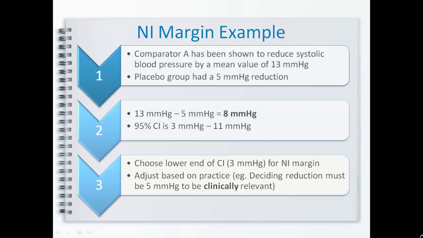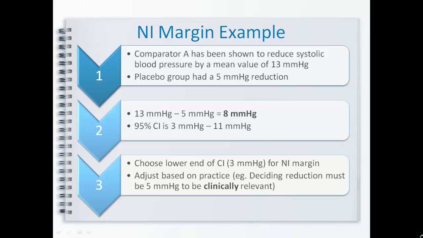To demonstrate the process of defining the NI margin, consider an active comparator blood pressure medication that was shown to have a treatment effect of 13 millimeters of mercury systolic blood pressure reduction during efficacy trials. The corresponding placebo group in the efficacy study had a treatment effect of 5 millimeters of mercury reduction. When placebo effect is subtracted from the treatment effect, this leaves us with an 8 millimeter of mercury reduction with a confidence interval of 3 millimeters of mercury to 11 millimeters of mercury. From here, we want to select the lower end of the confidence interval, 3 millimeters of mercury, representing the minimum